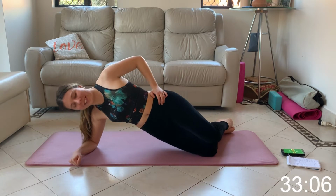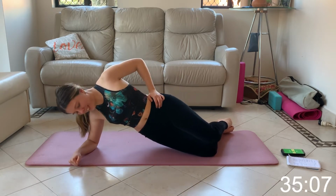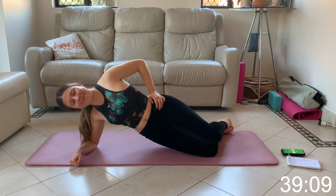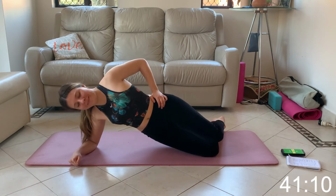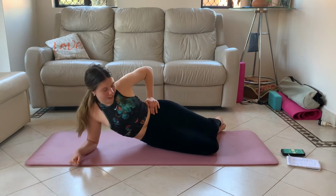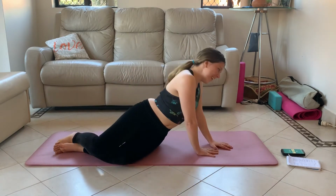Keep those hips pulsing up towards the ceiling, and if your neck muscles are starting to fatigue, you can look down towards the mats and lower the hips down. Guess what? We'll be doing it on the other side, so switching to the other side,